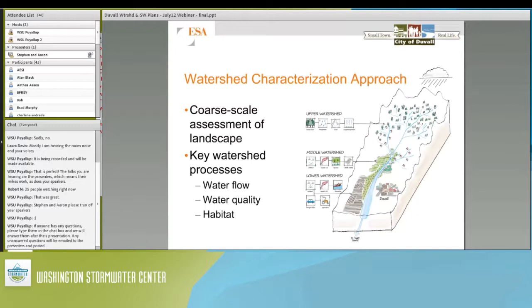So definitely from the get-go, it was about thinking about the landscape position of Duvall, the basins and subbasins, and how this tool that was designed at a much larger scale could be downscaled to a mid-level assessment at that basin and subbasin scale appropriate for the city. The key watershed processes are informed by the Puget Sound Watershed Characterization. The primary analysis looked at the water flow assessment, as we'll get into, and there were also considerations of the water quality assessment,